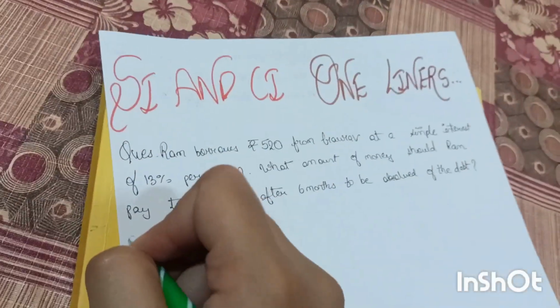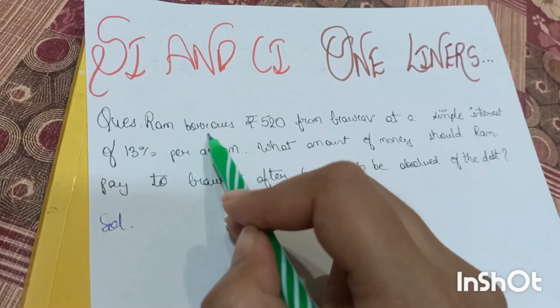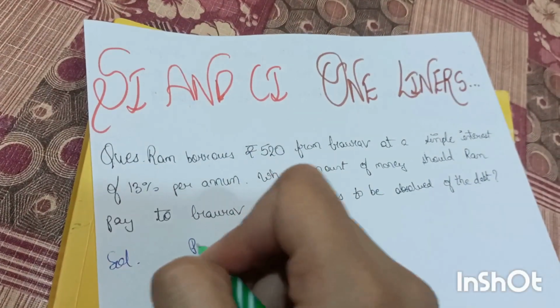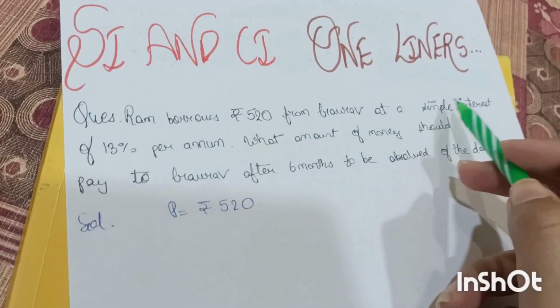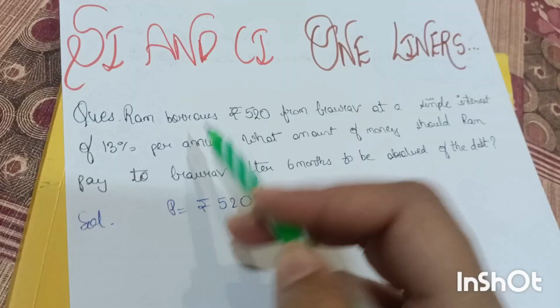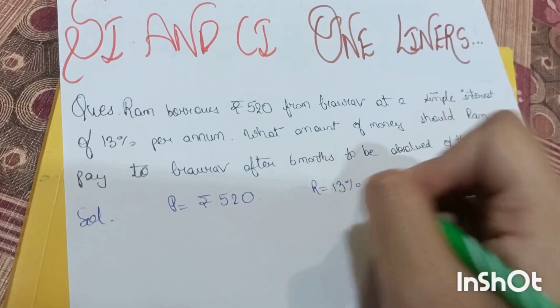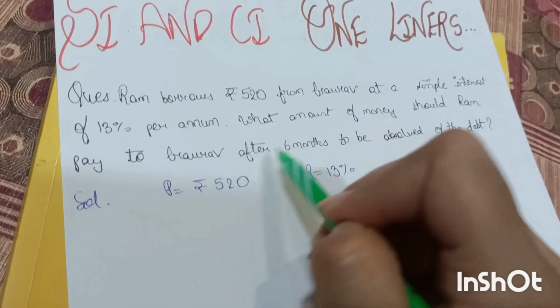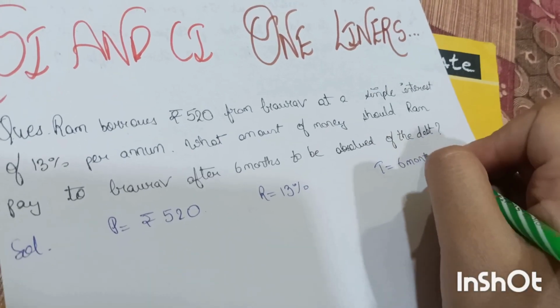For solving it, first let's see. Over here you can see that Ram borrows. Borrows over here is referred to as principal. Principal will be rupees 520. Then you can see simple interest at 13% per annum. So rate is given as 13% and we have to find for 6 months. So time will be 6 months and you have to find